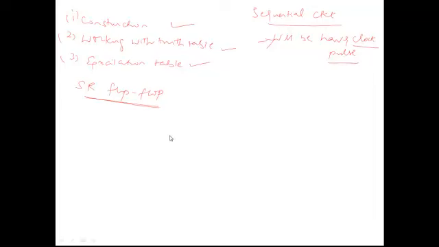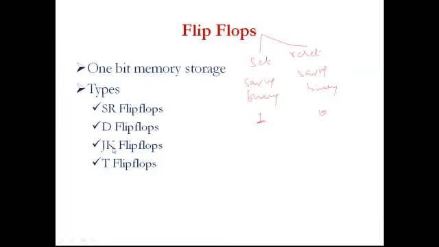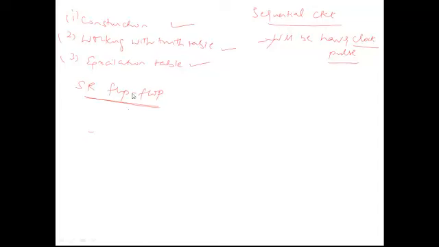So you carefully understand how I am constructing the SR flip-flop only using NAND gates. As the name implies, SR, I want to tell you one more thing. Of the 4 types I told you, SR flip-flop means there are 2 inputs to the flip-flop, S and R. D flip-flop has only 1 input, which is D. JK flip-flop has 2 inputs, one input is J, another input is K. T flip-flop has only 1 input, that is T. So SR flip-flop will be having 2 inputs, one is the S input, another one is the R input.